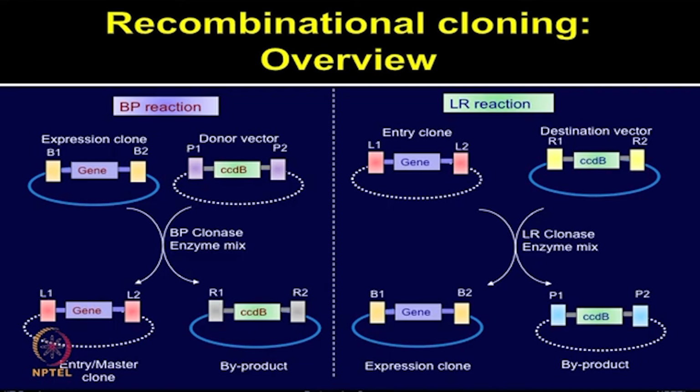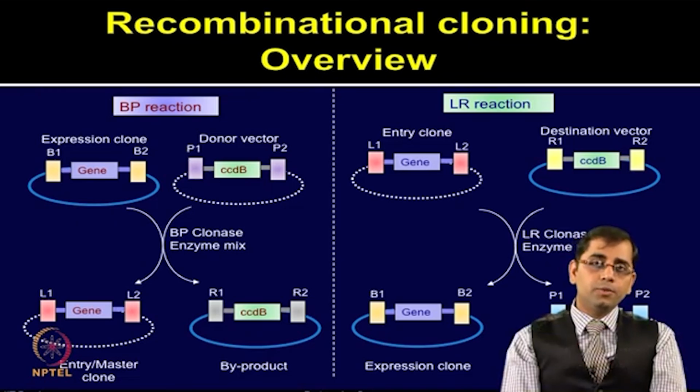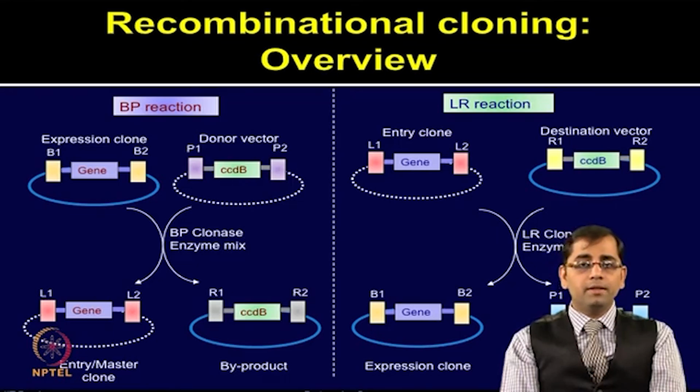The recombinational technology facilitates protein expression and cloning of PCR products by using site-specific recombination enzymes rather than restriction endonucleases and ligases, which are commonly used in conventional cloning. The recombinational cloning makes use of a master clone, as you can see in this slide, having a particular gene that is rapidly transferred to the desired destination vectors, and thereby it can provide significant benefit over the conventional cloning